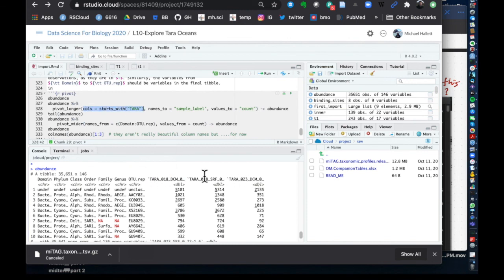Not these, but all of these. I'm going to create one column called sample label that contains all of these different names, and the value is going to be called count. Maybe it's just easier to show you this. When I run this,